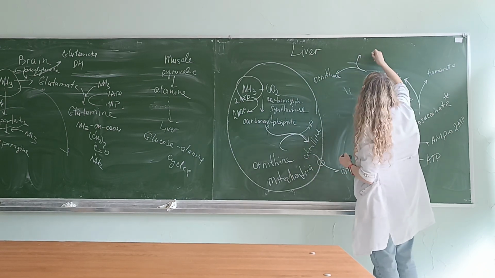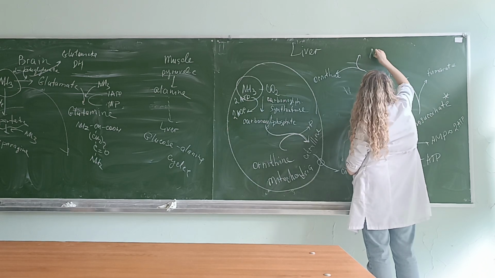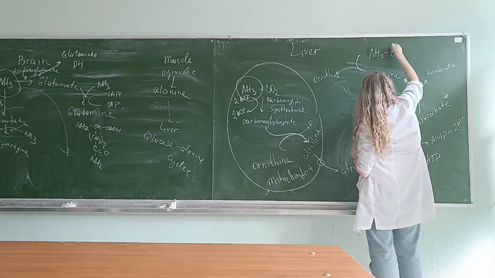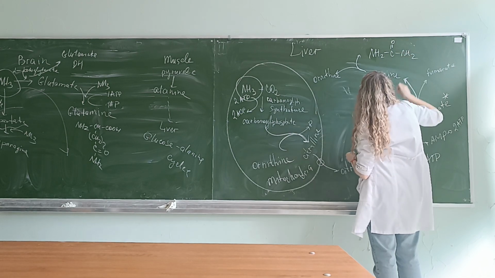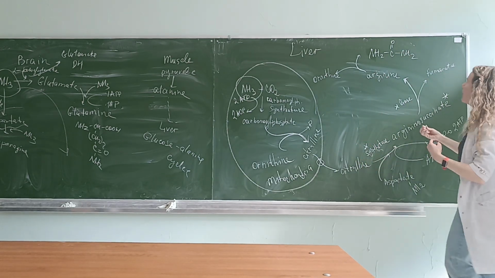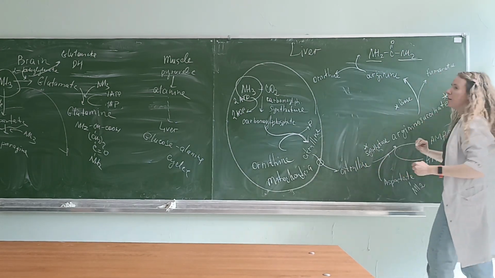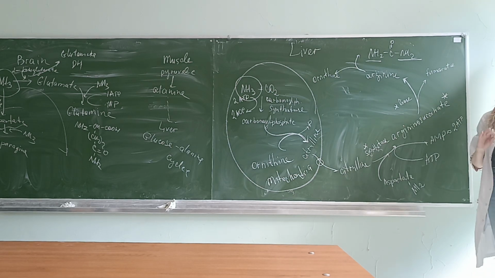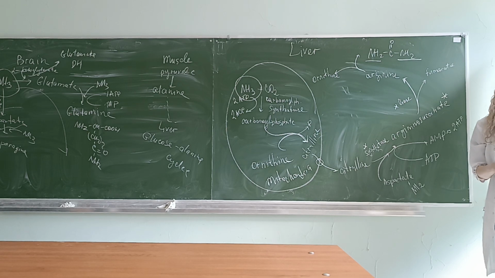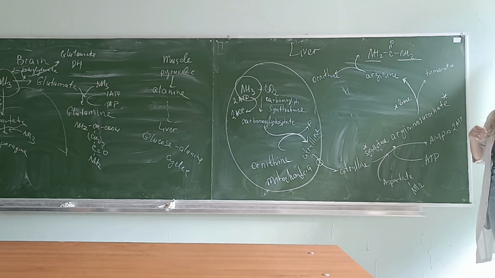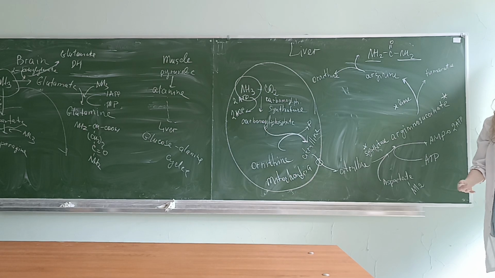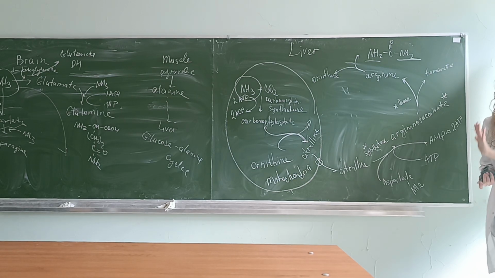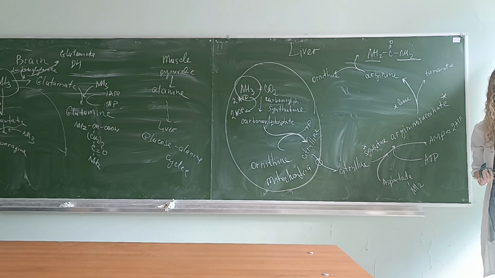And we cut off urea. And look here, in urea we will excrete two nitrogen atoms. Urea is a non-toxic chemical compound. Urea provides osmotic pressure of our blood, so urea is useful for us. But we have a lot of urea and we will excrete it in urine. So urea is a normal component of our urine.